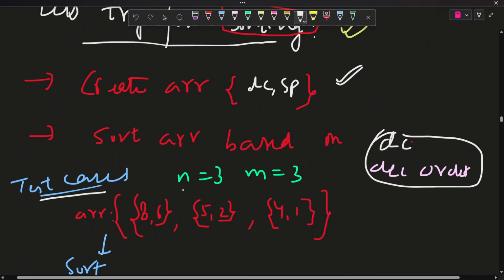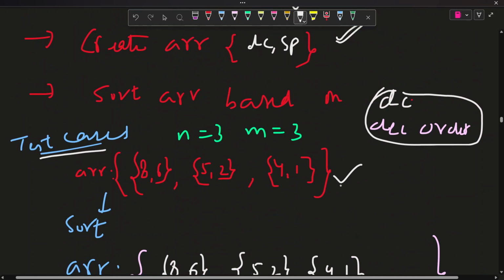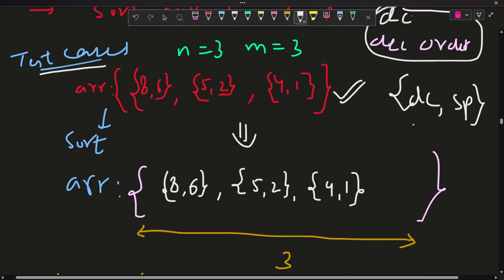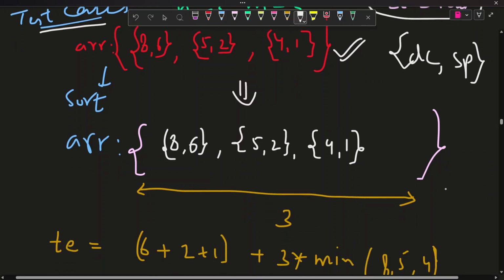Yeah, this was the array which I have built. This array is delivery cost, comma, selling price, and after sorting on the basis of decreasing order of delivery cost, the sorted array is this: 8 comma 6, 5 comma 2, 4 comma 1. Okay, now